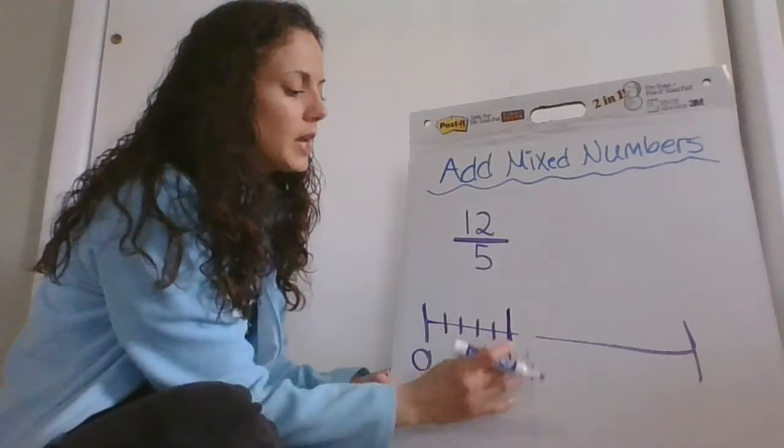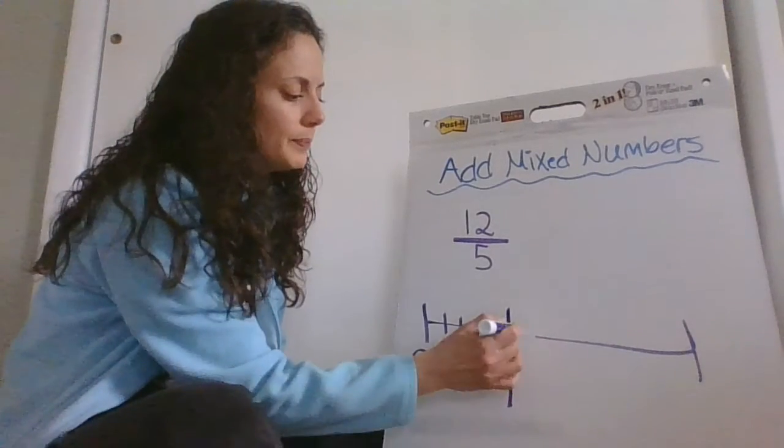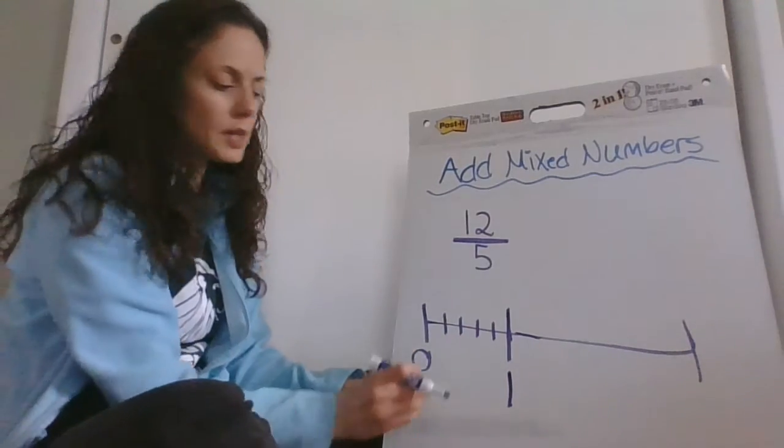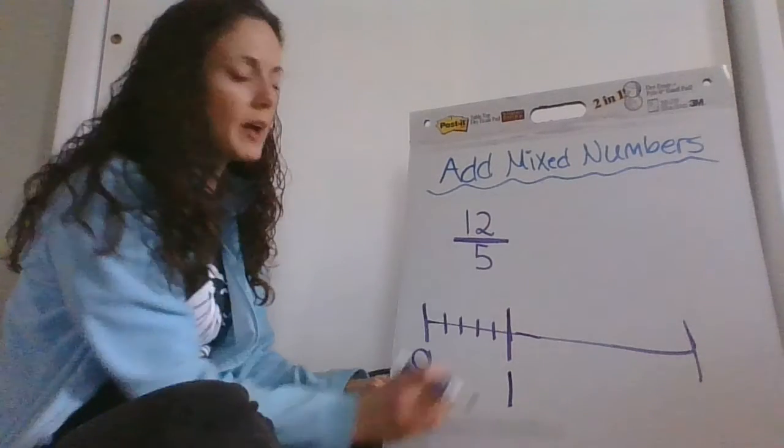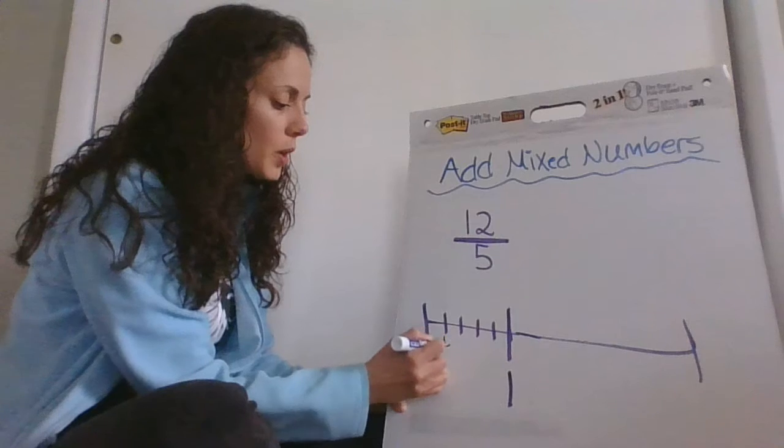1, 2, 3, 4, 5. Here we go. Here would be 1, because the number line is now split up into 1, 2, 3, 4, 5 equal parts, right? So this would be 1/5,